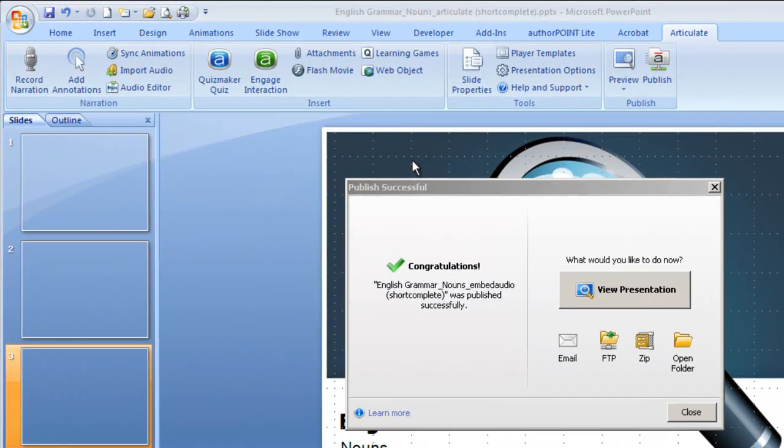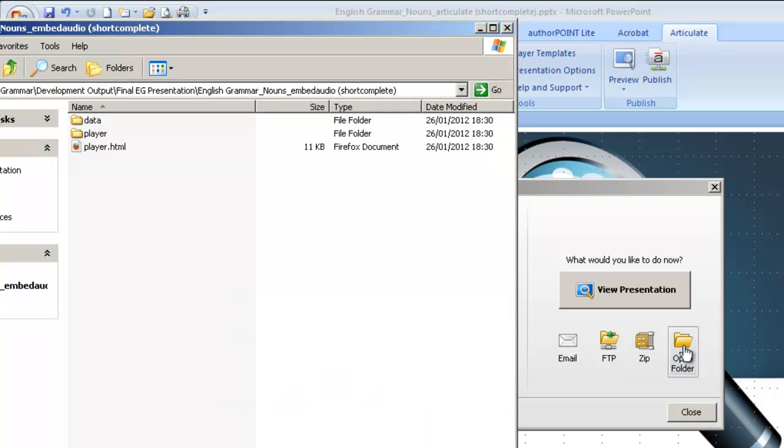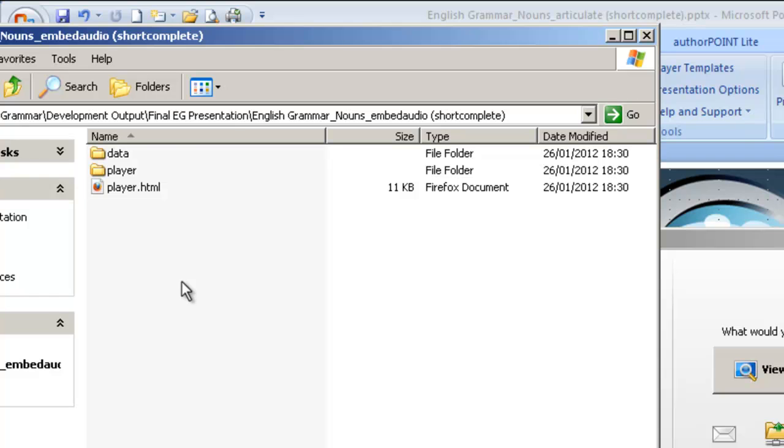So once we've successfully published the presentation, you'll get an option to view the presentation, which we're not going to do at this time, as previously we've already looked at the preview. You can see there you could also email it directly to someone else, FTP it up to a web server. You can zip the files up for use with perhaps uploading to Blackboard, or to send to a colleague by email, or we could just open up the folder to have a look at the files, which is what I'm going to do, so that you are aware of what to expect in your folder when the